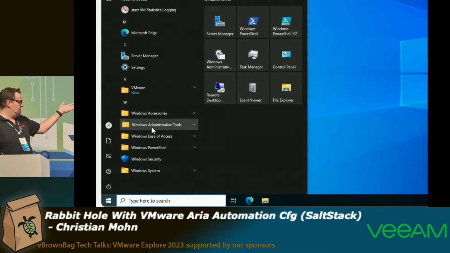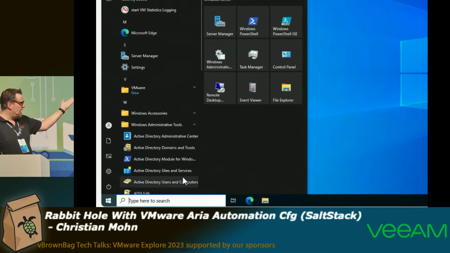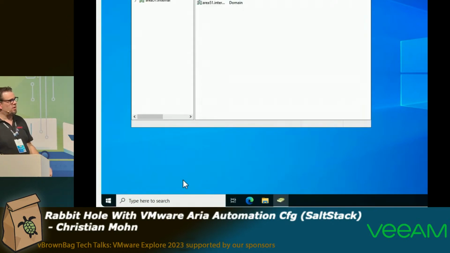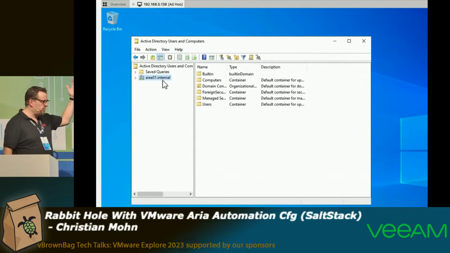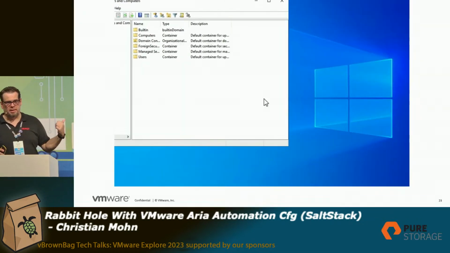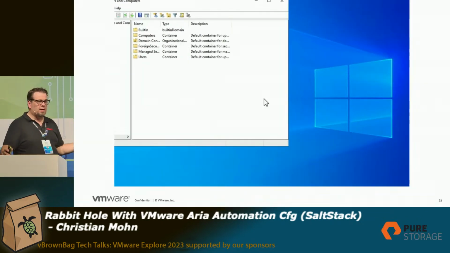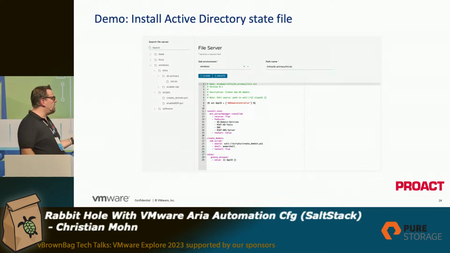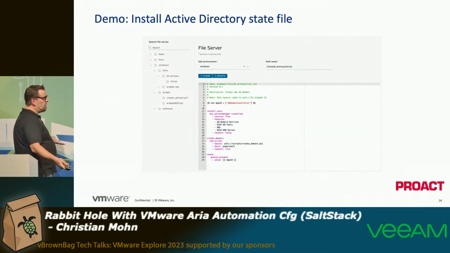If I look at Windows here now, I have Active Directory users and computers. I have a new domain called area51.internal. Everything's up and running. So that's a fully functional Active Directory domain controller with DNS and everything. So how do you do that? Well, same kind of setup,